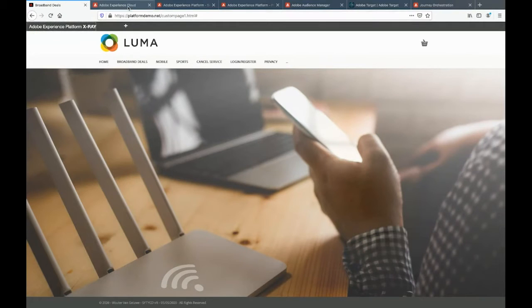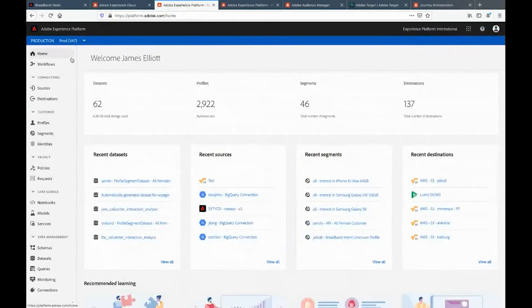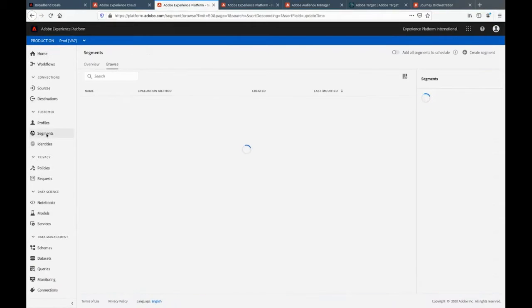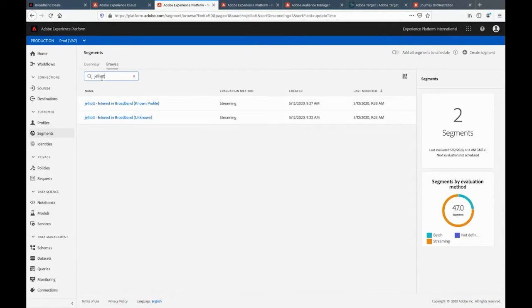So as Wouter showed you in the background, when we launch Adobe Experience Platform from the same place that you launch your other Adobe Experience Cloud investments and get taken into the home screen, we've got the ability to see all of those rich segments that were described a minute ago. And I can filter those down to find those just related to my part of the business or me personally. You can see a couple of segments I've created around